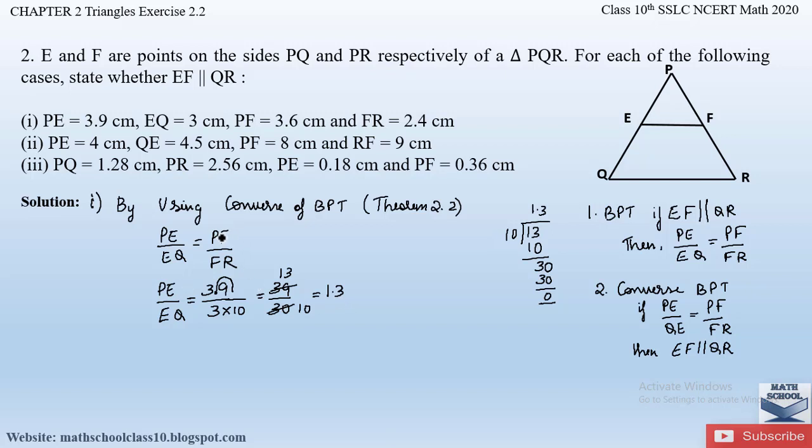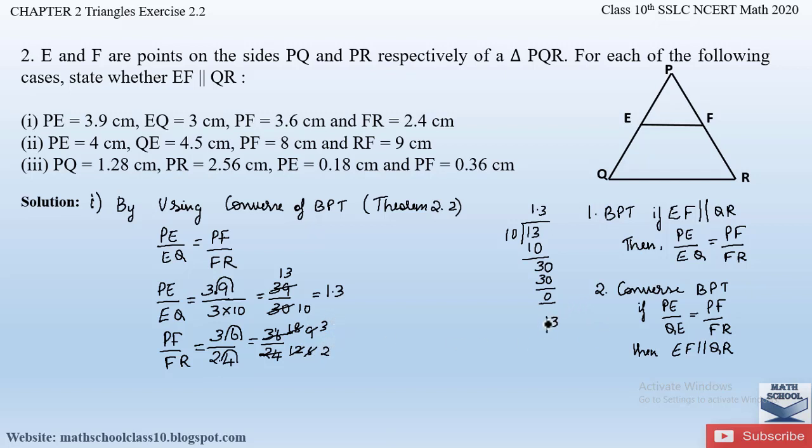Now let us find out the value of PF by FR. PF divided by FR is equal to, what is the PF value here? It is 3.6 divided by FR, which is 2.4. So let us remove the point in the numerator, as there is a point in the denominator too, so no need to add any zeros. You get here 36 divided by 24. So let us cancel out by using 2. 2 1s are 2, 2 8s are 16. Then 2 1s are 2, 2 2s are 4, then 2 9s are 18, 2 6s are 12, again 3 3s are 9, 3 2s are 6. So we got 3 by 2.